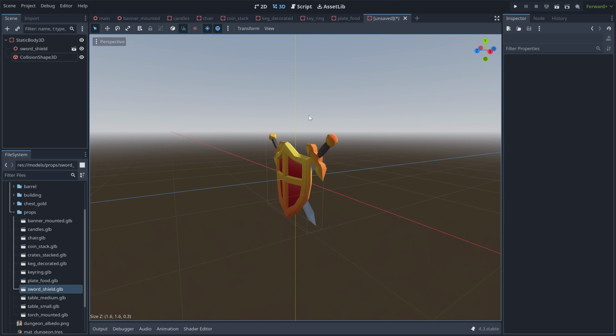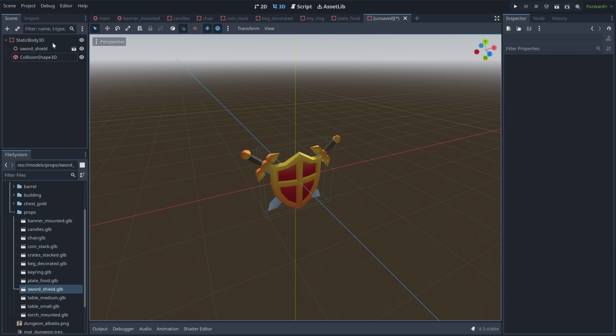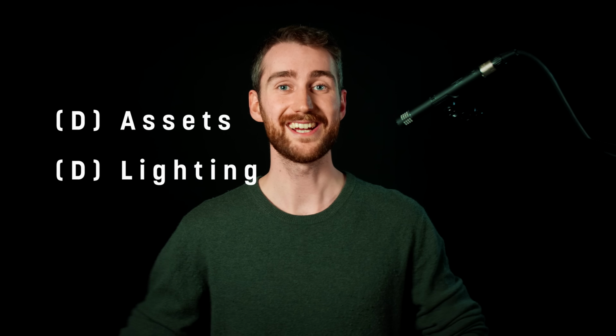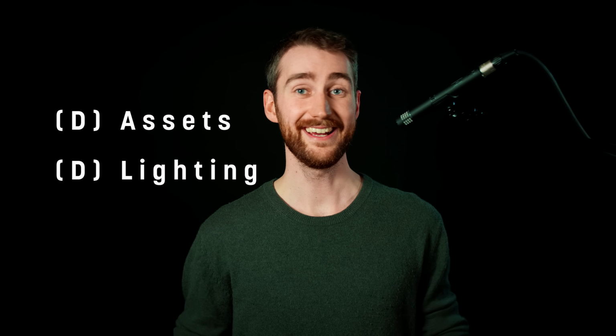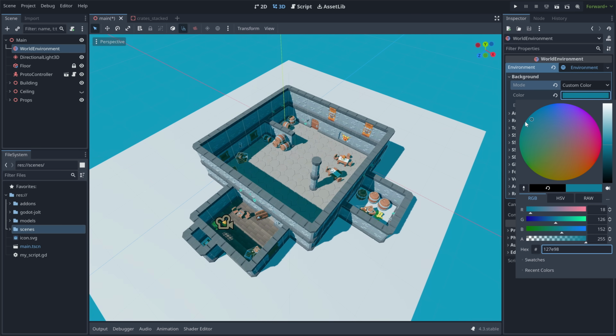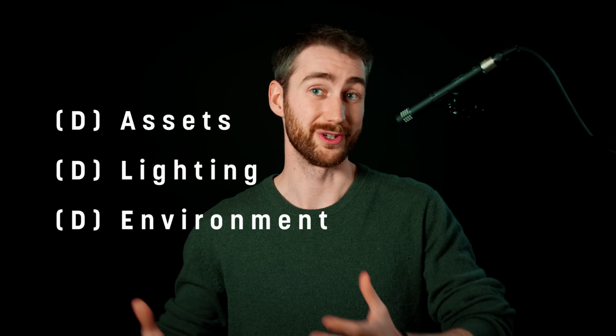I like to call them the 3Ds of 3D graphics. First we have the assets, the models with textures and materials that we place in our scene. The lighting, the lights that we set in our scene. And the environment, the rendering choices we make that affect our scene. If the look of a game isn't working, it's probably because one or more of these pillars or Ds isn't